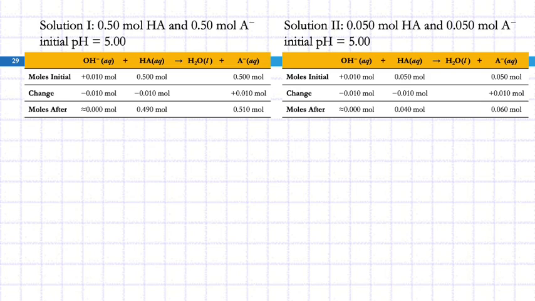So here we have our tables for the stoichiometry part set up. Initial moles of acid and base, 0.5 of each, adding 0.01 moles of hydroxide. We do the stoichiometry, we end up with these numbers. Over here, we're also starting with equal amounts of HA and A minus, but they're 10 times lower, 0.05 instead. And then we're adding 0.01 hydroxide. So we do the stoichiometry, and now we can take these numbers and plug them into the Henderson-Hasselbalch equation,